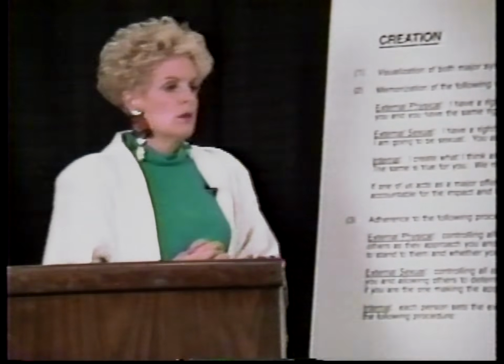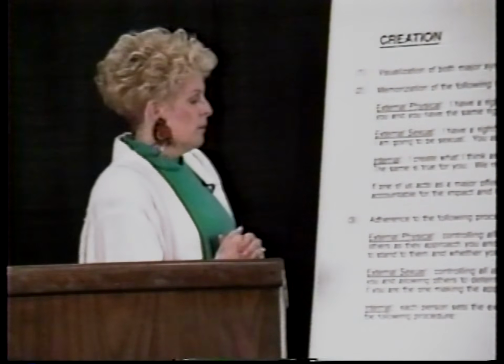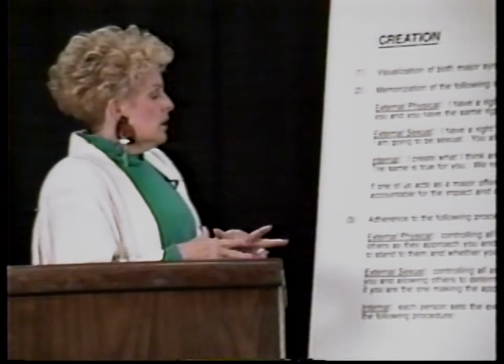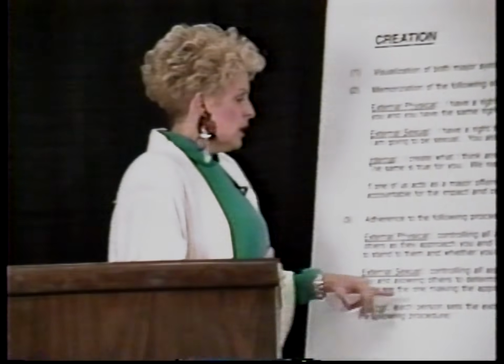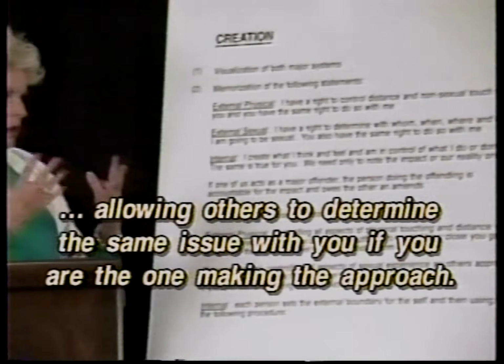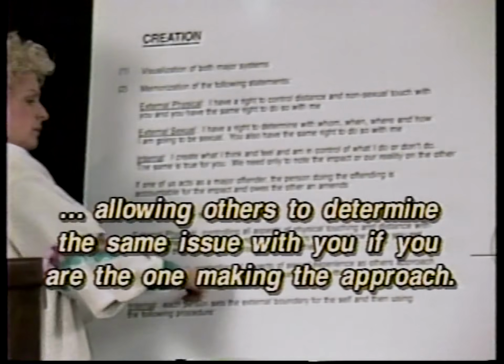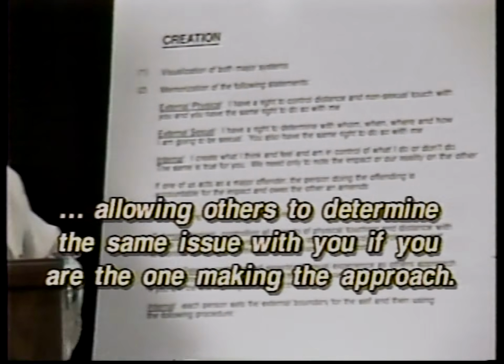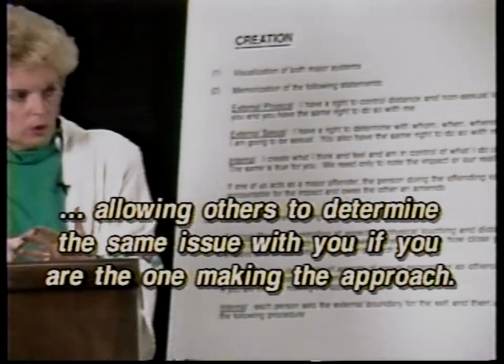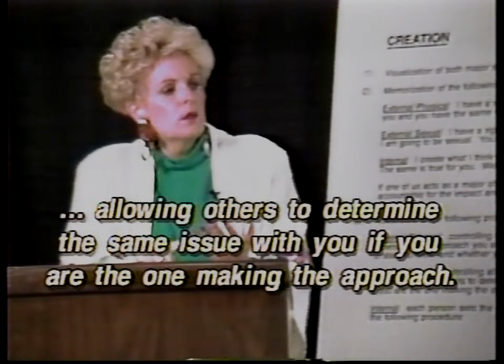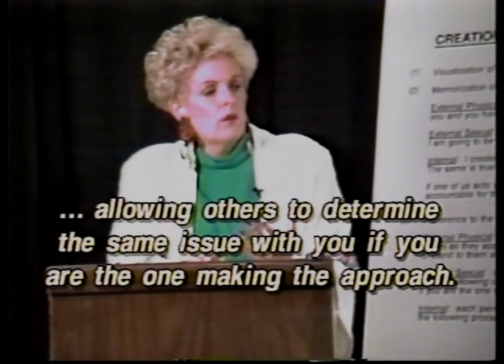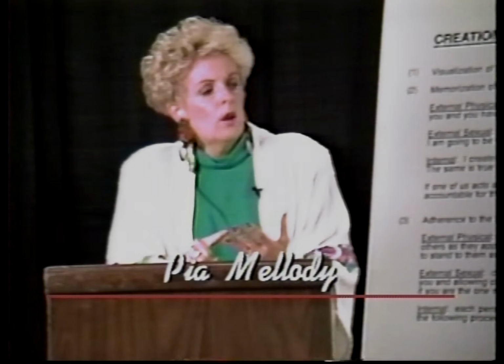Then move to the when, or the where, or the how. You can take them one at a time if it's a real difficult boundary, but start with who. Okay? Then as you do that and get comfortable with that, then switch to the other part and start concentrating on how important it is for you to let another person determine who, when, where, and how with you. In other words, it's learning to accept the no from another without taking it personally. And it's about learning to negotiate when, where, and how.